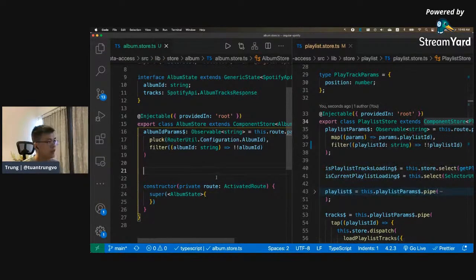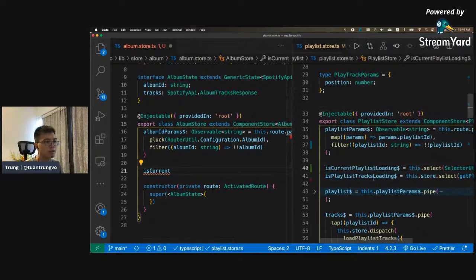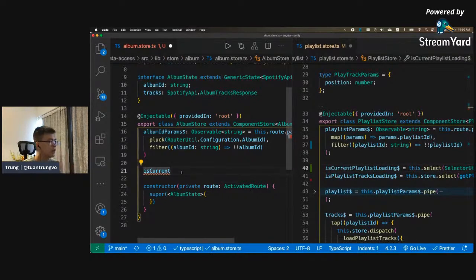Now we need to have the playlist. Okay, I'm just following the playlist, so it's going to be easy. So it's playlist. No, it's album. So I just take is current, just put it in this way either. This is current album loading,